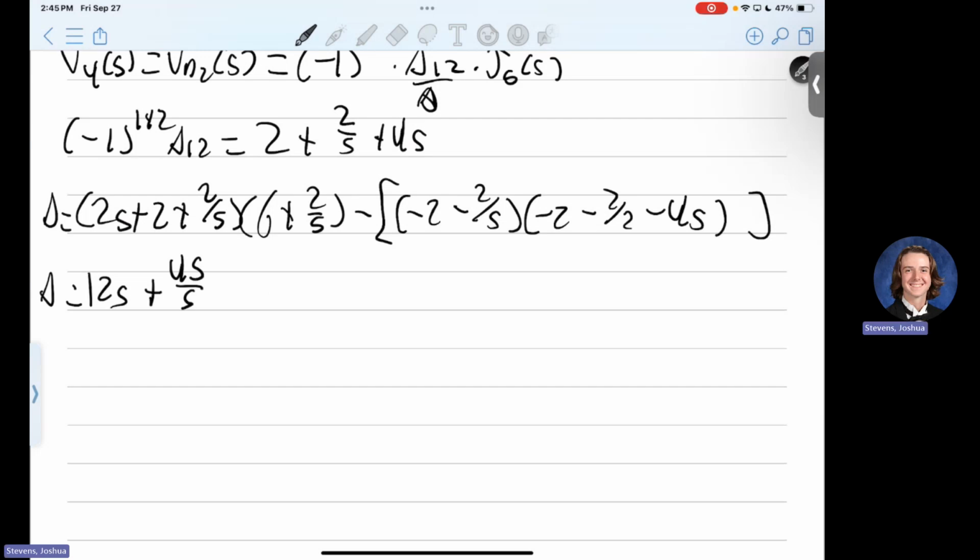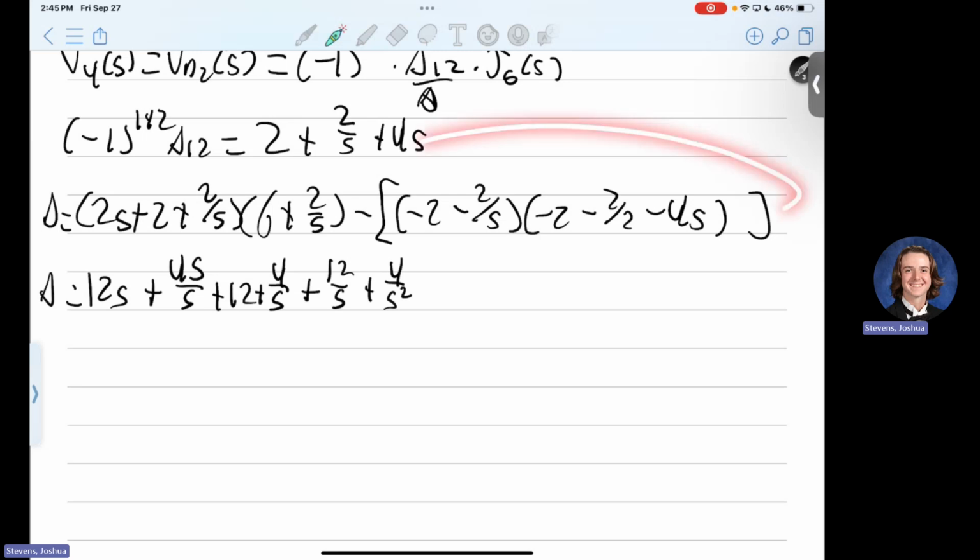So now we'll do 2 times 6, 12. 2 times 2 over s, 4 over s. That's a plus. Now we have 2 over s times 6, 12 over s. 2 over s times 2 over s becomes 4 over s squared. Agree? Now I like to put the stuff that I do here down here,